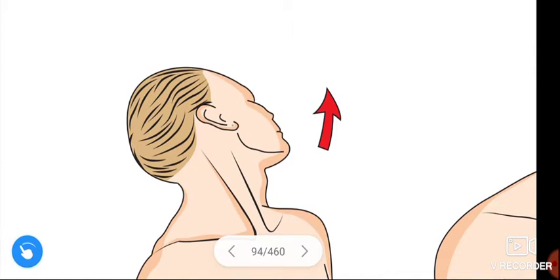So when the left side sternocleidomastoid contracts, the head turns to the left side, that means on the same side, and the chin turns to the opposite side, that means to the right side. Okay guys, next,